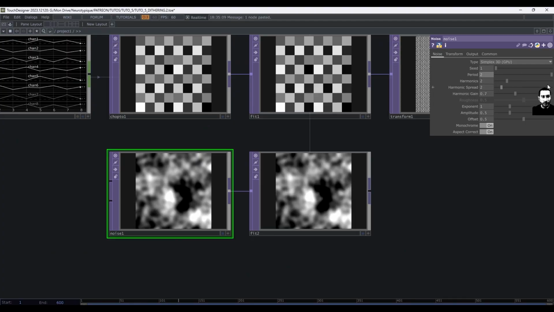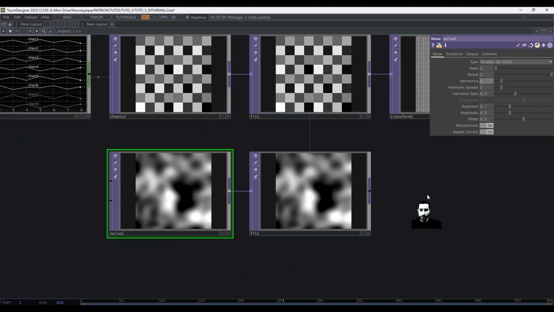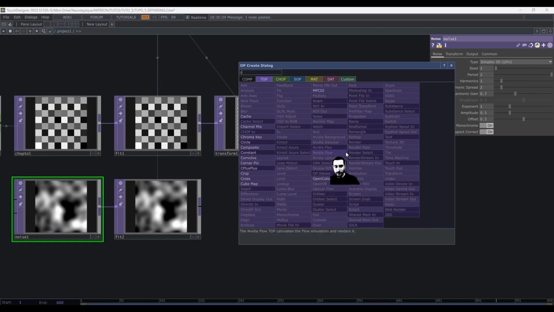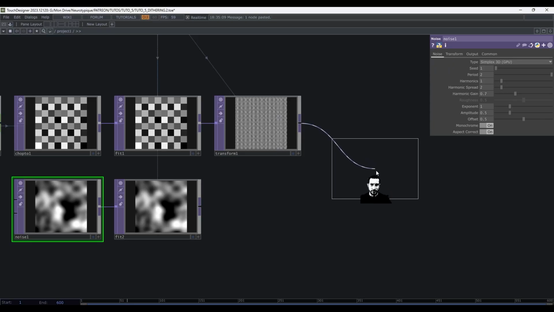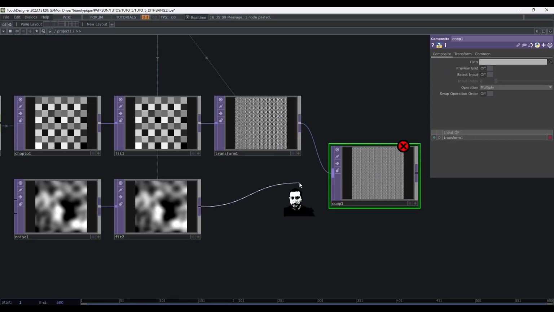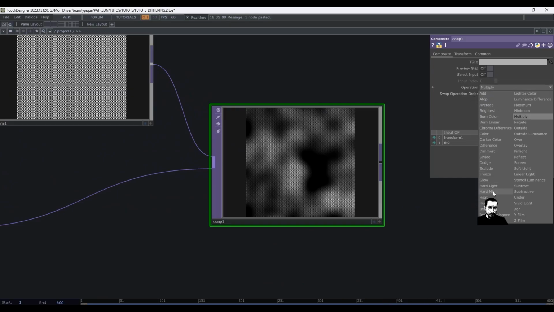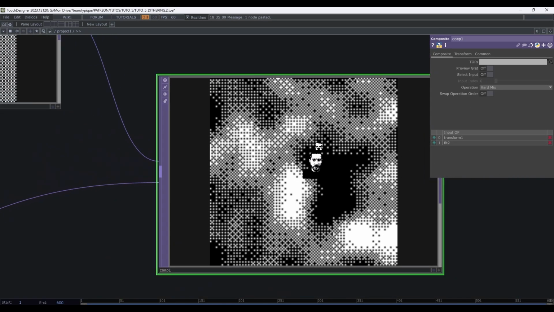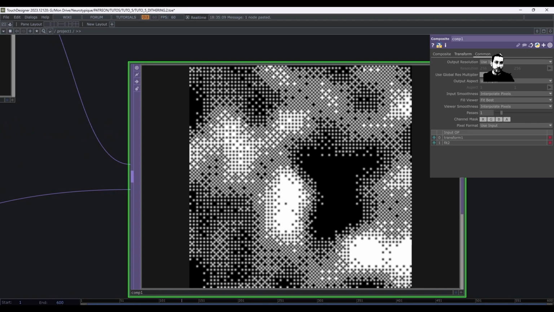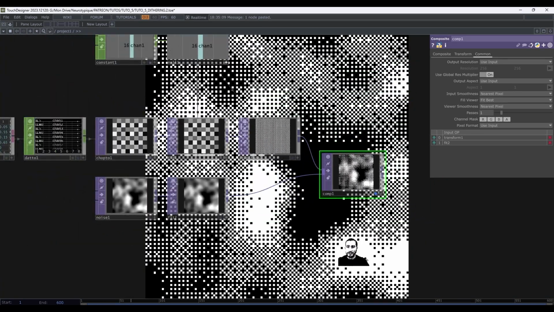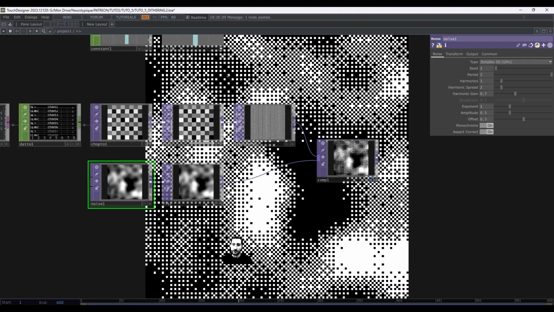Let's go with bigger here, harmonics down, yeah, it's a bit smoother. And now we can safely put a composite top and combine the two images, use hard mix, and it works. In the comp, the command page of the comp, say here's pixel, and this is the effect. So you see the effect is really straightforward.